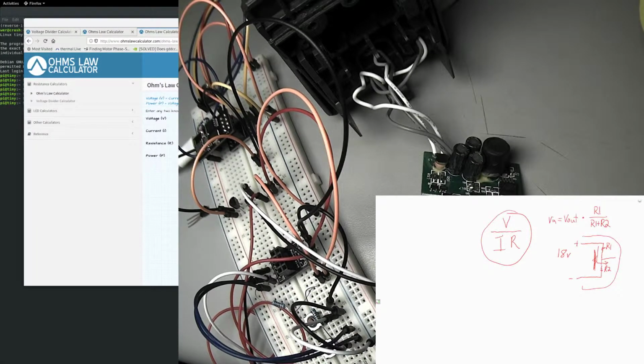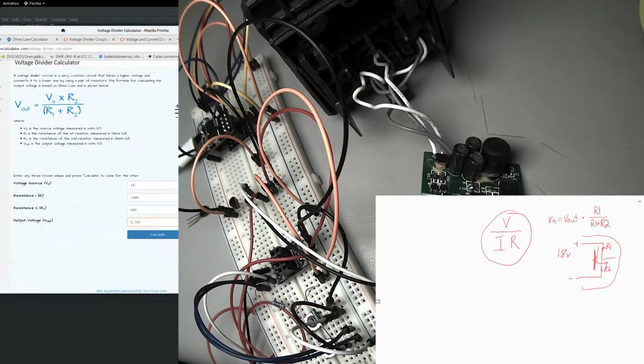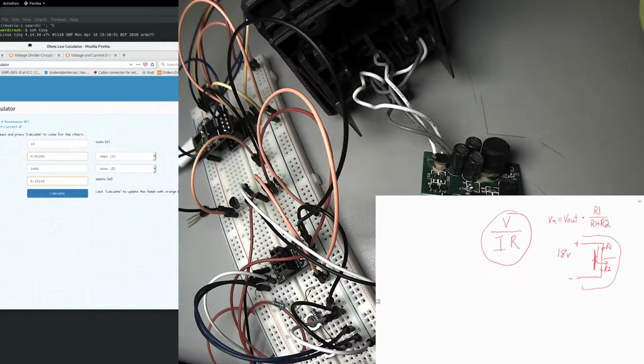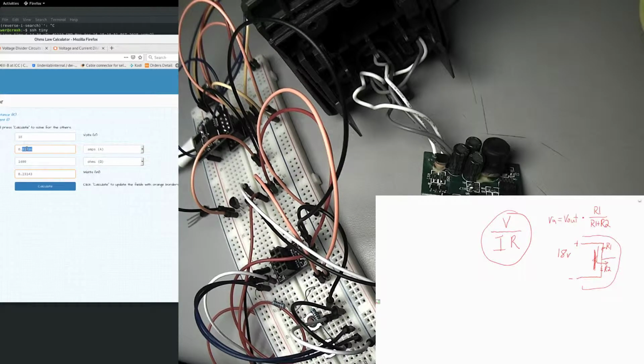yeah, so here's some of the numbers that I sort of came up with. So with the basic voltage divider, and I'm just using this calculator, 1400 seemed like a good one for R1, and that is because it is going to give me a flow of what? Not much. Not much current, but excuse me, what have I done here? Yeah, that's how much current I can get, right? And we're talking about current